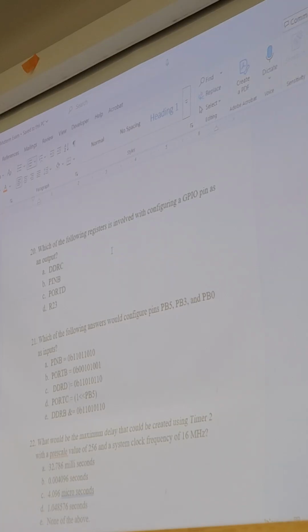That only applies to answer A, so question 20 was supposed to be A. The pin and port registers are involved with the GPIO, but they do not affect whether the pin acts as an output or not. You could try to argue the port register is involved with controlling the output value, but the